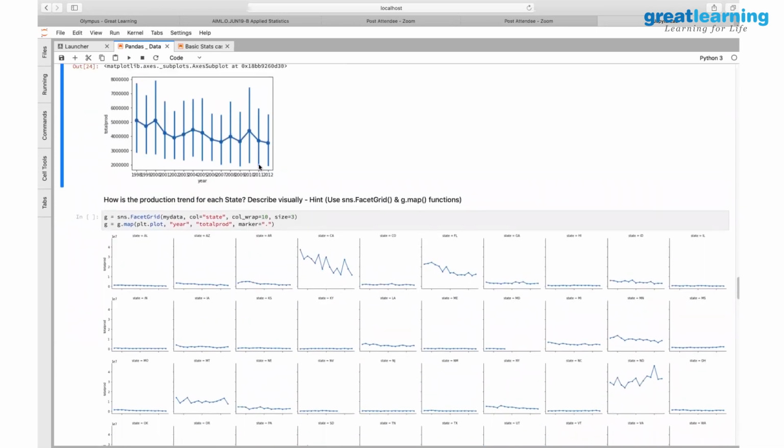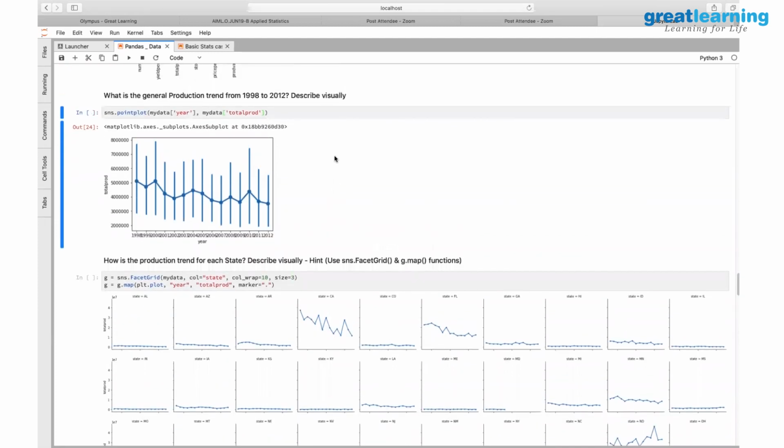So even though the value is decreasing, 2010 seems to be an exception. The production has been phenomenally high in that year, which is reflected by a small bump there. So this gives you a much deeper view than just a point plot and a trending line showing the drop in the production over a period of time. That's one way to know the things.